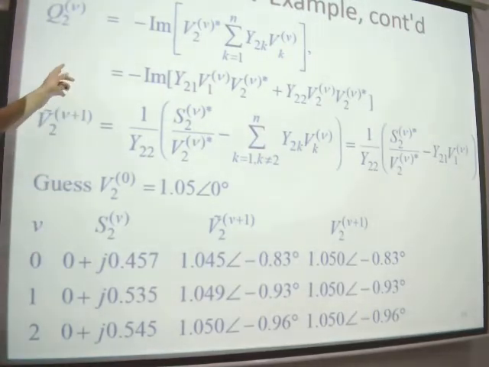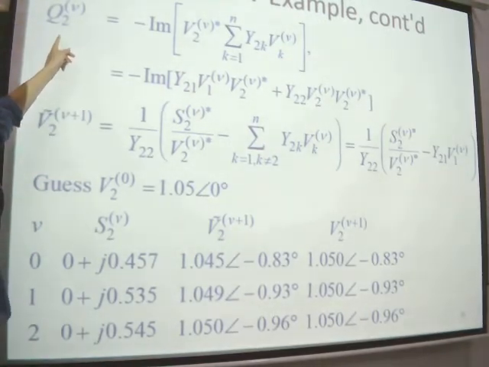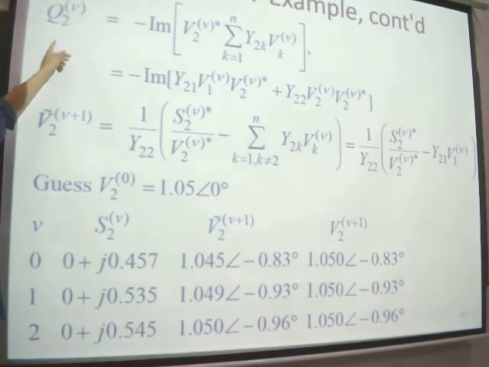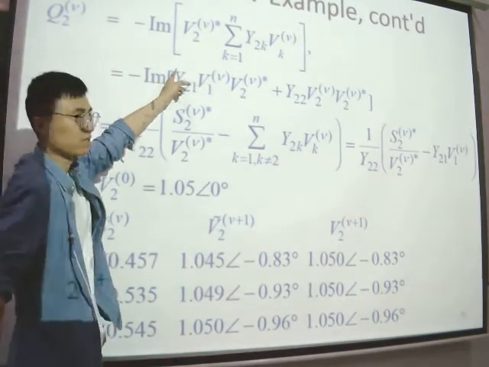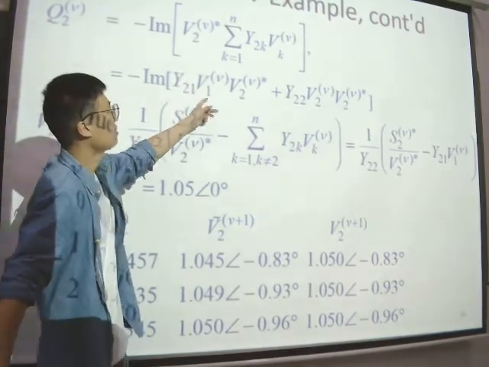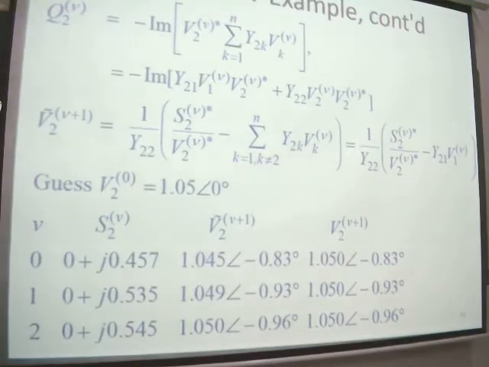You can see that there will be only Q as the unknown parameter. So there will be another iteration equation like so. And here is the V,